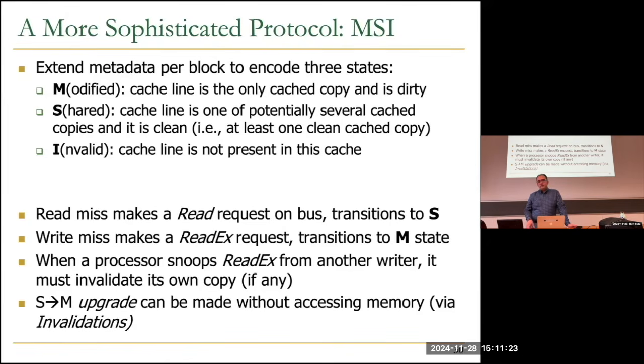So you send a read exclusive when you have a write miss. When you have a write miss, you want to update that cache block, but you don't have it, so you need to read it. But you don't do a read miss. You don't send a bus read request, because if you send that, it means that you don't want to update it. You just want to go to the shared state. You send read exclusive requests such that other cores that have this cache block understand that this core is going to update it, so we all need to invalidate our copy. That's the way they can differentiate.